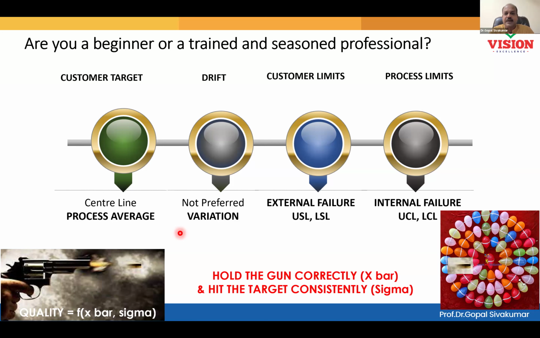Sir, I have a question for a graphical representation of a normal curve. If we have a Cp equal to 2 and Cpk equal to 0.75 or somewhere 0.6, how to interpret this? No, that is not possible. You will come to know that. I'll show you that. Always your Cpk will be lesser than Cp, right? If you are not able to sing properly in the bathroom itself, you cannot sing on the stage, isn't it? So Cp and Cpk, there are two things, and your Cpk cannot be more than Cp, right?